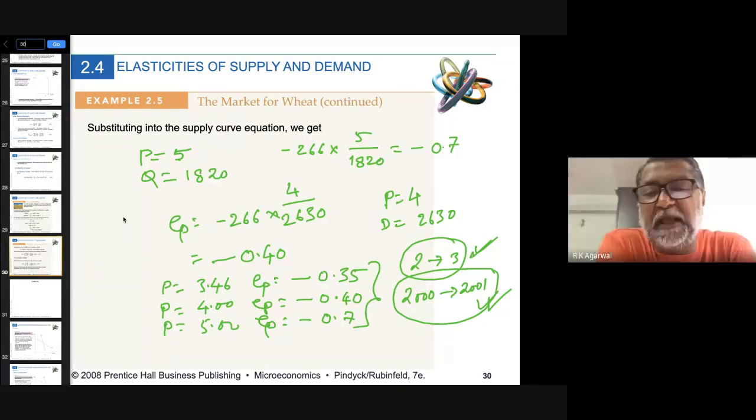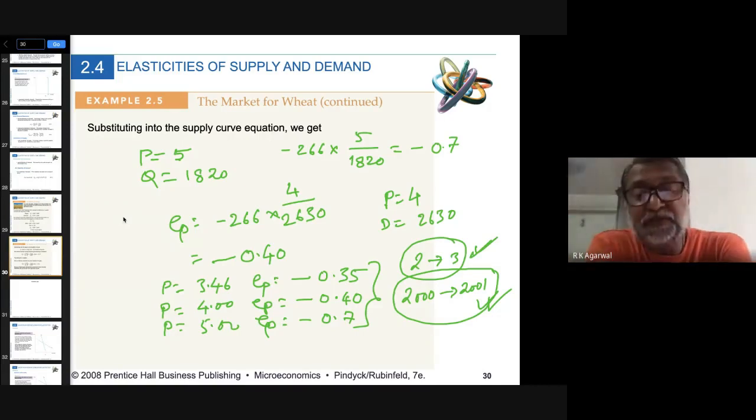So when prices are already high and if price goes up even more, then the impact on the budget of the family is huge. But when the price is less and price goes up, then the impact on your budget is less. So that is why salt is a relatively inelastic product, because salt prices are already very low, 10 rupees per kg, maybe 5 rupees per kg, and if price goes up by 50 paise, nobody will mind.